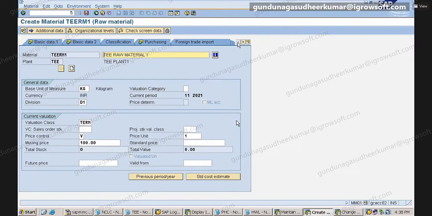He will either provide the information or have display access. So the FI person can see. It can be given to both also, depending on the client and how they want it.